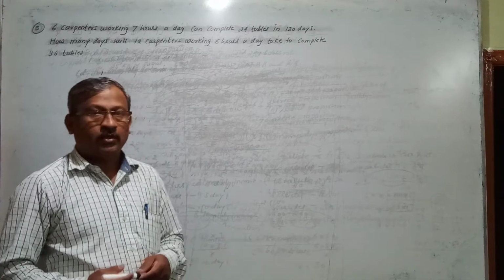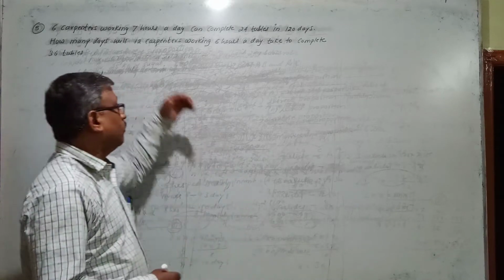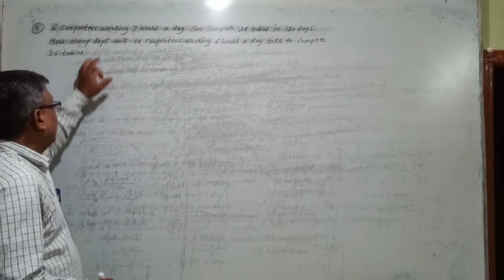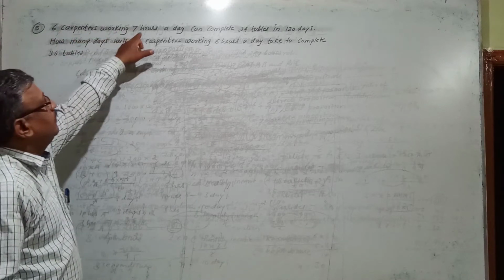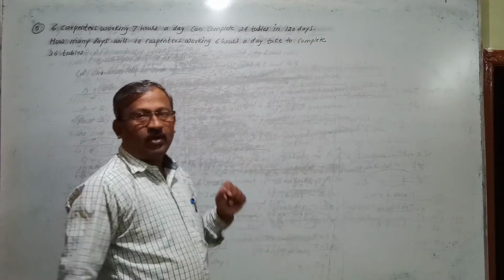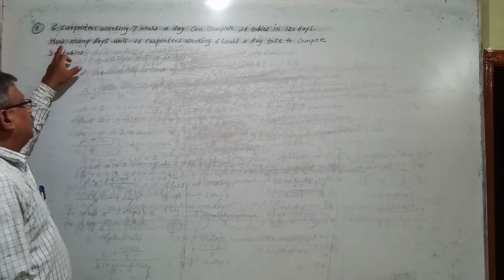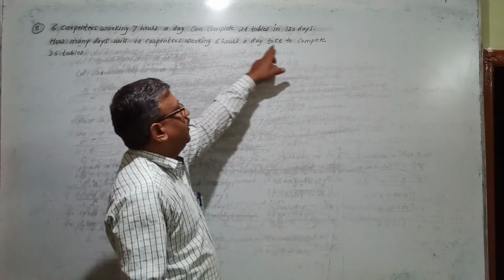Hello students. So let's continue with the next problem on proportion. That is problem number 5. So I'll read out the problem. The problem is: 6 carpenters working 7 hours a day can complete 24 tables in 120 days. The question is how many days will 12 carpenters working 6 hours a day take to complete